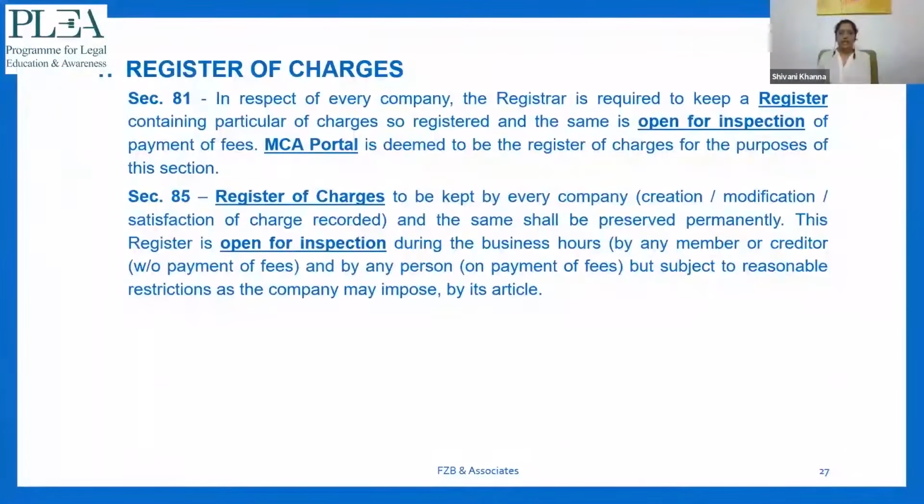So when you are dealing with a company, when your client is a company who has requested the title certificate, or the other side, the seller, is a company, in that case it is necessary for you to take inspection of the ROC records. It has now become very easy by just looking at the MCA portal, where all the records are digitized. Sometimes the records are not, in which case you have to take a physical inspection at the MCA office.